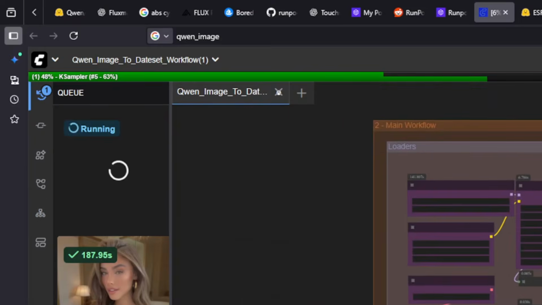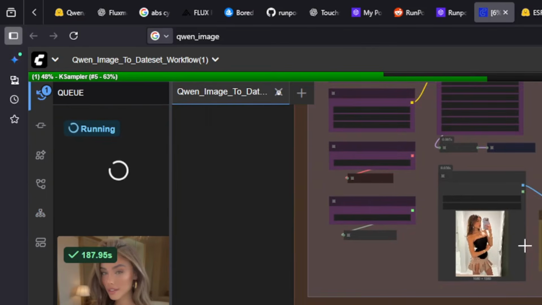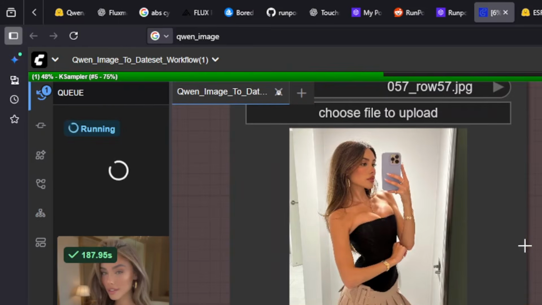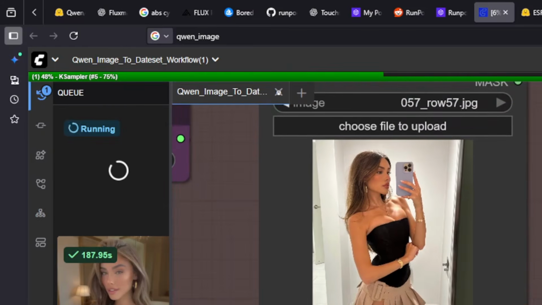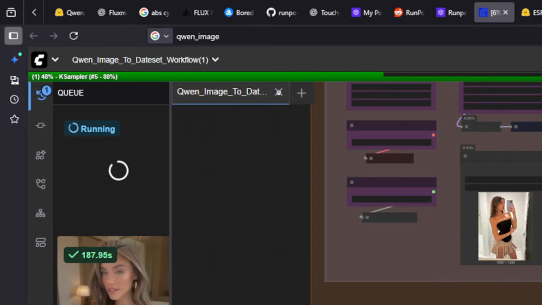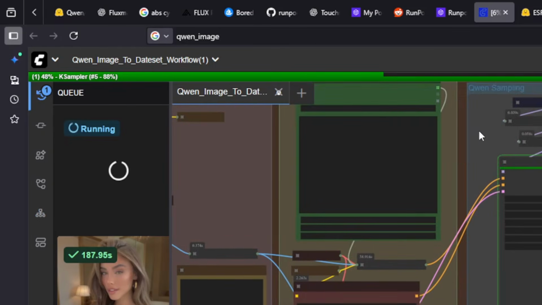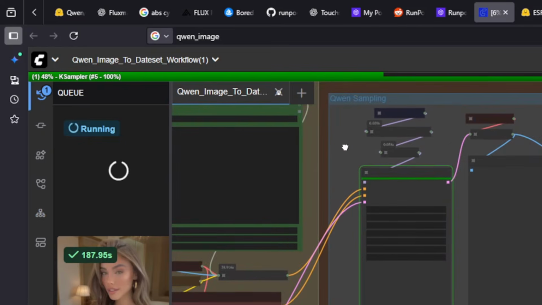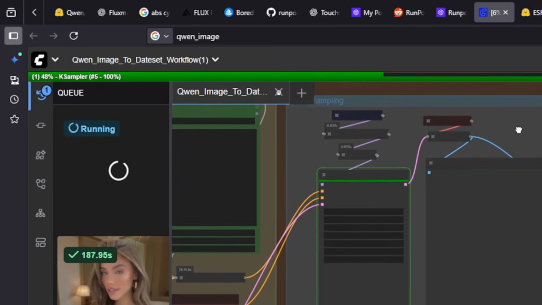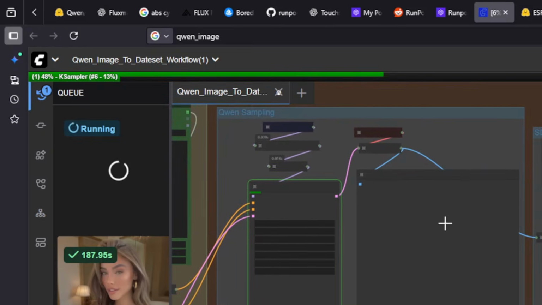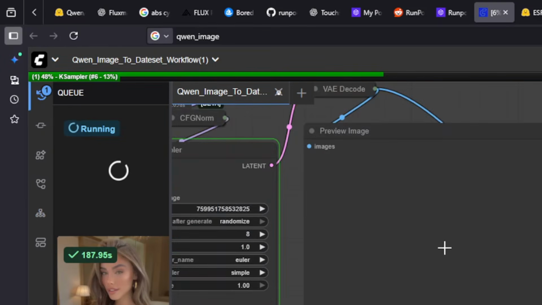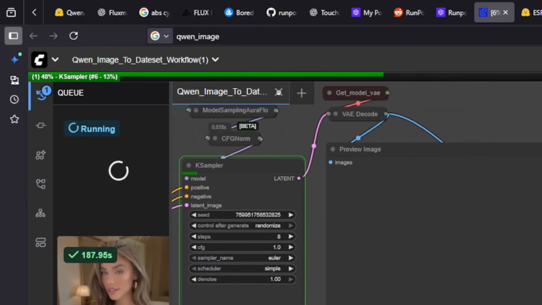So what we're doing here is I'm taking one single picture, and what it's going to do is magically, actually it's almost done as I'm rambling, so we'll get a little bit of an example. It does some SDXL in this workflow also, so you might need to get the Epic Realism.